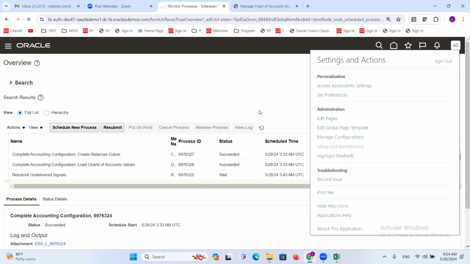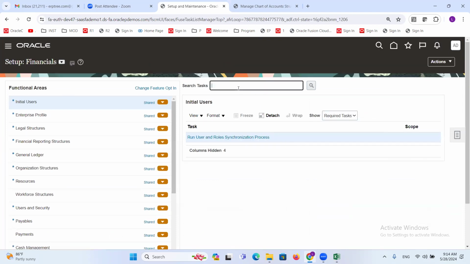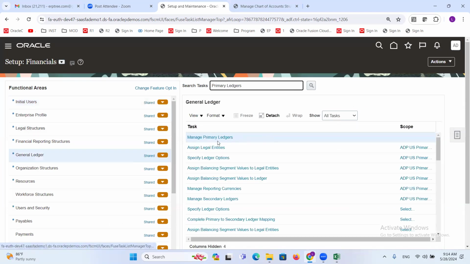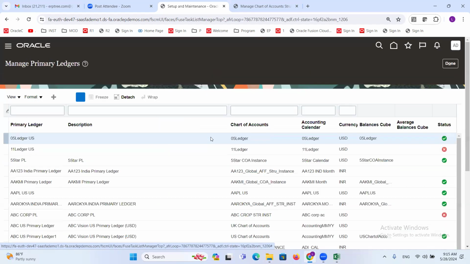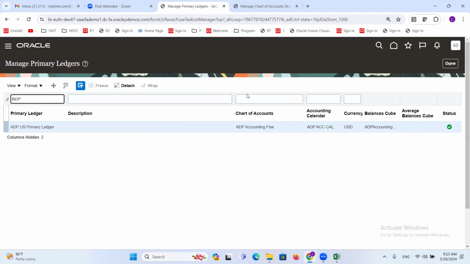Setup and maintenance, and search for primary ledgers. So manage primary ledgers. And here find ADP, enter. See the status,